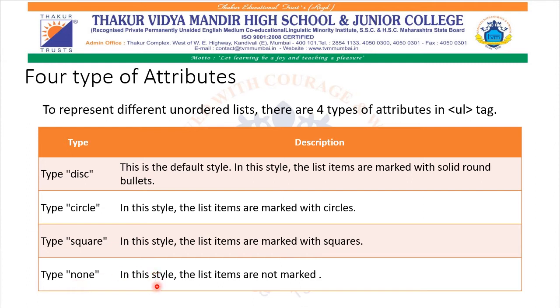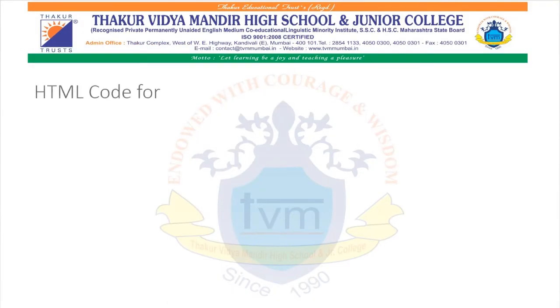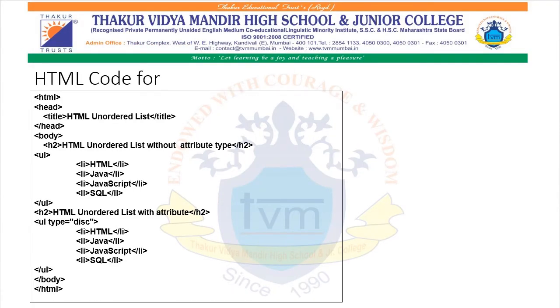Now let us see the example here. First we will create a basic HTML structure where we write open HTML tag, below that open head tag, and below that the title tag where the title of the page is mentioned, that is HTML unordered list. Then we close our title tag and then we close our head tag. Now we write open and close body tag, and we are going to define